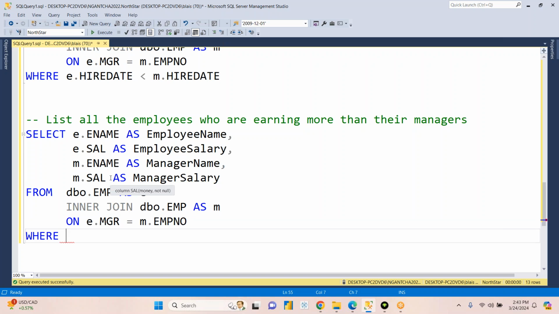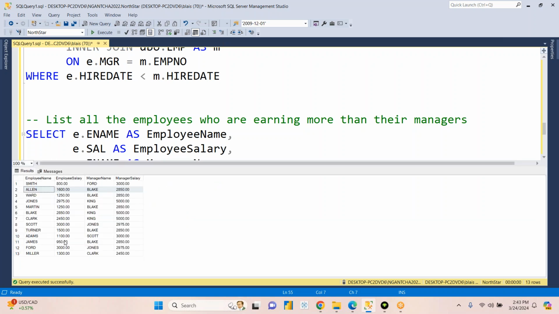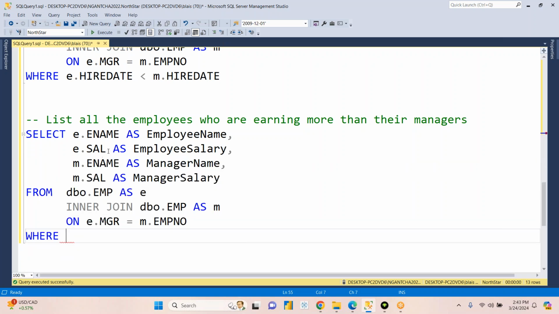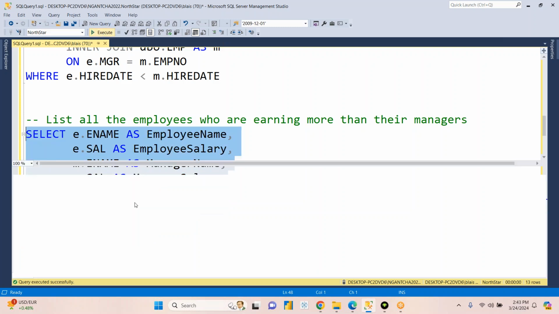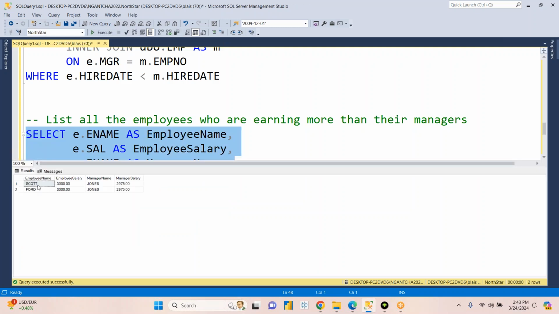Back to the result. This result right here, there are 13 rows. And it will simply do this investigation. It will investigate if the employee salary, that's E dot salary, is greater than the manager salary, which is M dot salary. That's the investigation you're doing right here. Are there any employees whose salary is greater than that of their manager? And that's the investigation right there. And when you run it, yeah, we have two employees, Scott and Ford, who earn more than their managers. And it so happens that Scott and Ford have the same manager, Jones. See,